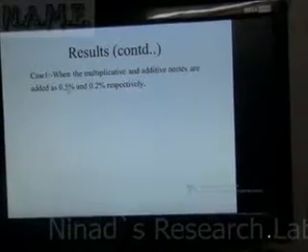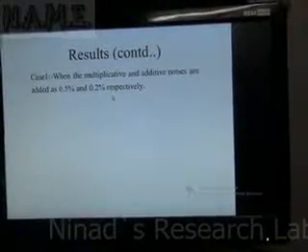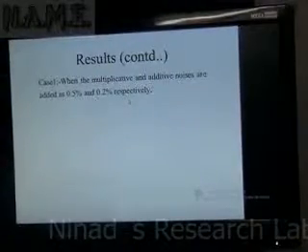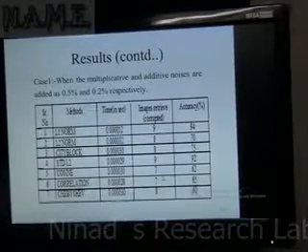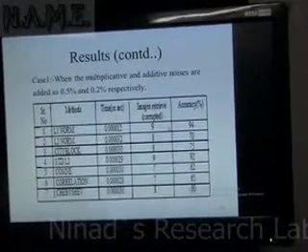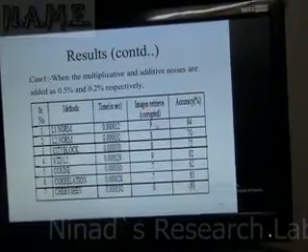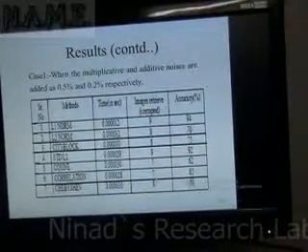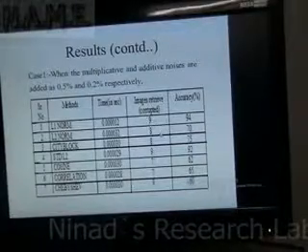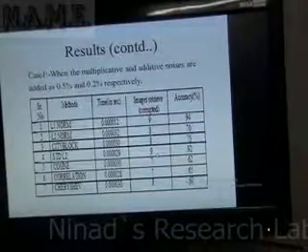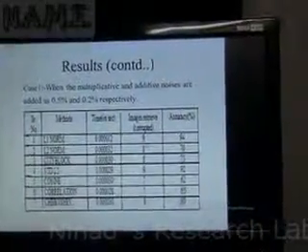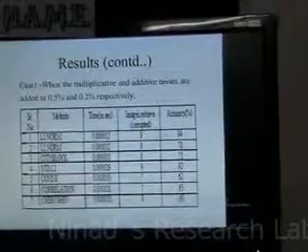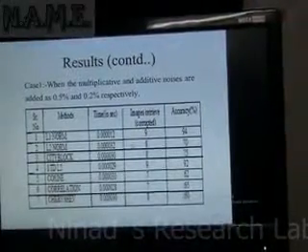Similarly, case 1 was with 0% additive noise and 0.2% multiplicative noise, or vice versa, and these are the values that we get. We searched for 10 images, and out of which 11 images, I guess, something like that, and out of which 9 were found correct, 8 were found correct. So these are the corrupted images we have introduced and found, and its corresponding time, and you can see the accuracy. These two plots we have already seen in the previous slide.